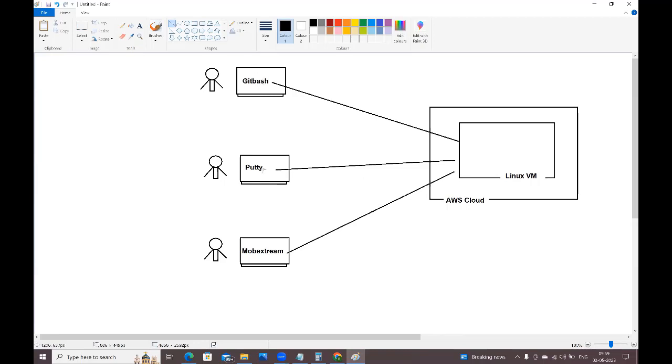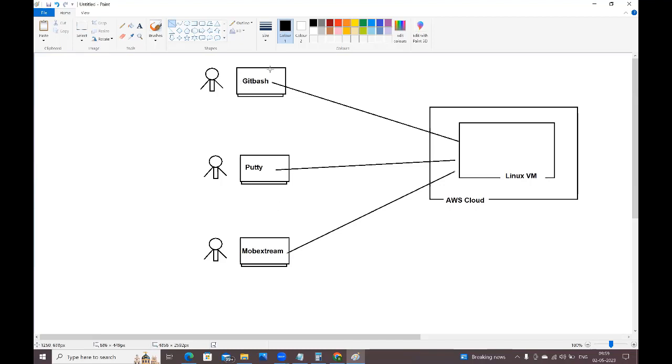In PuTTY, you will give all the commands, and those commands will be executed here. Here what I am going to do is connect with the Linux virtual machine from here and perform all the operations. I'm not going to do anything in my Windows machine. I'm not going to install a Linux operating system in the Windows machine. I have created one virtual machine in the AWS cloud